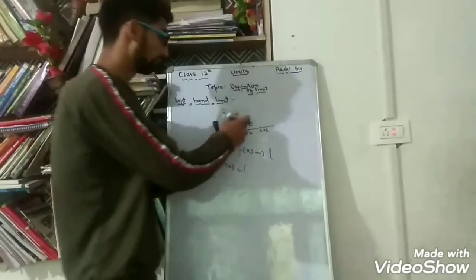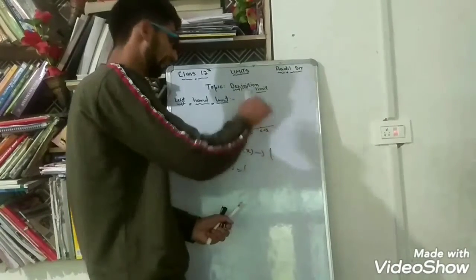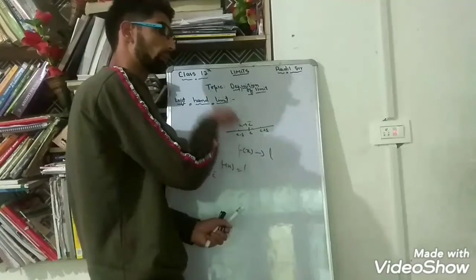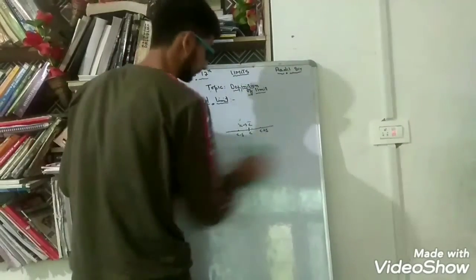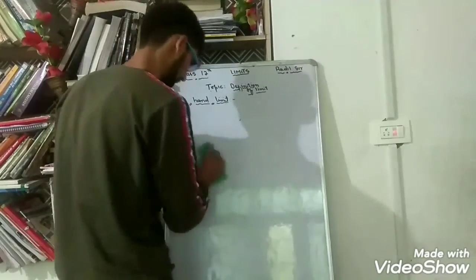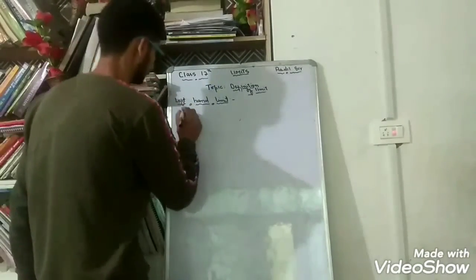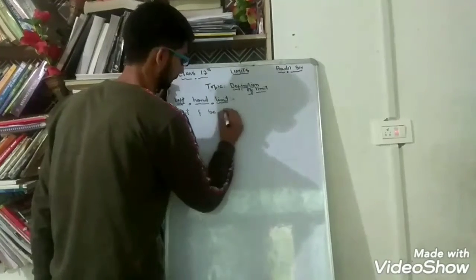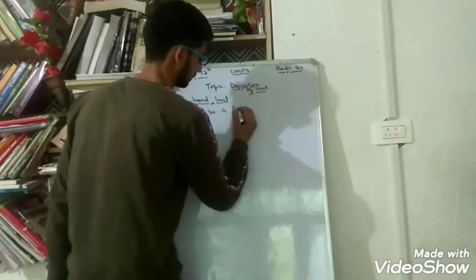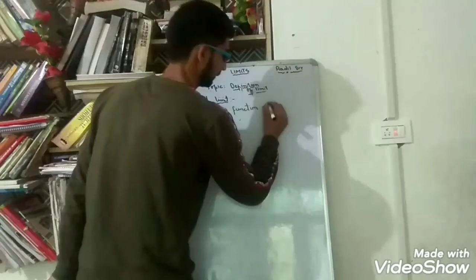Similarly, when we take the values of x from c to c plus delta, the limit of the function we call the right hand limit. We will write these two definitions. Let f be a function defined